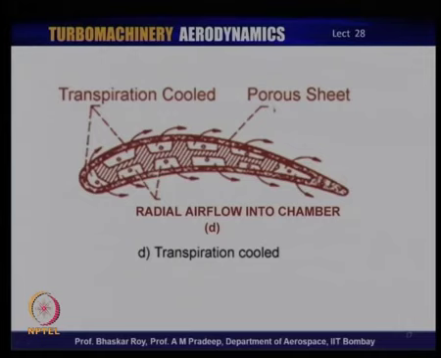Transpiration cooling, as we have seen, requires a porous outer shell. As we discussed, you have the porous outer shell, and then you have elaborate internal cooling passages, which have cold and compressed air, and that air would be oozing out through these pores to create film cooling. So, you need a porous outer shell or a sheet to effect transpiration cooling, and this air of course flows radially from hub to tip or tip to hub